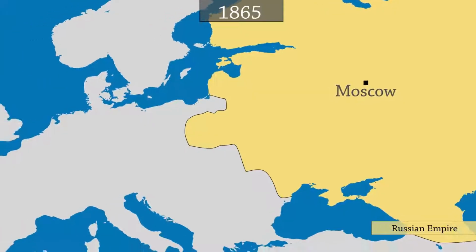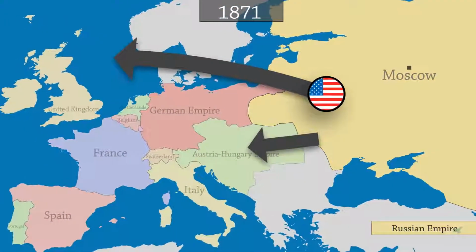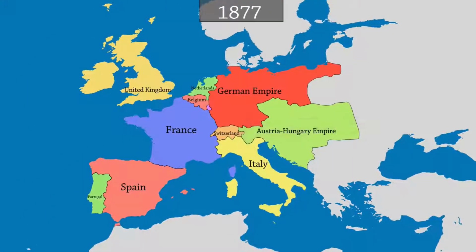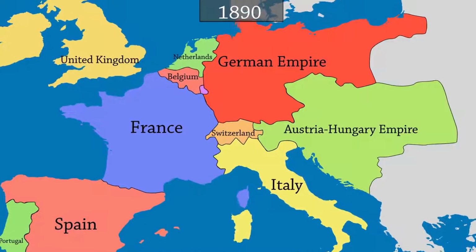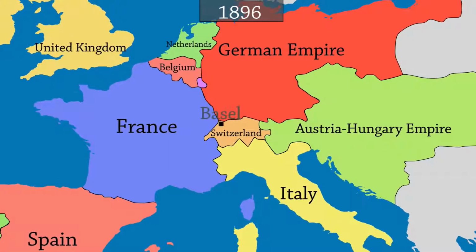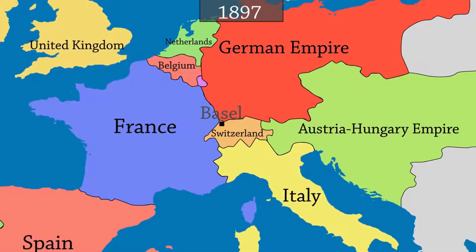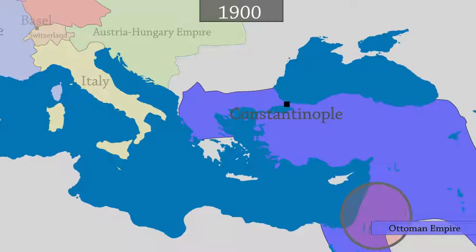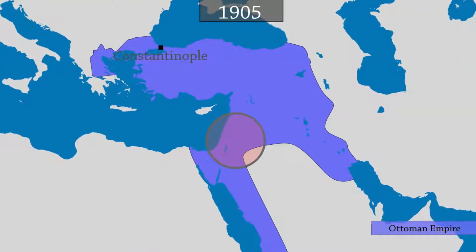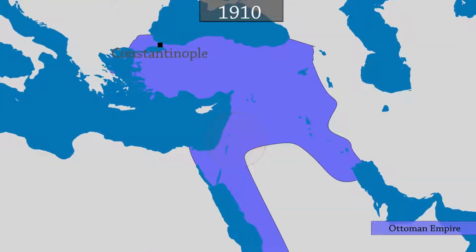The Jews then emigrate to the United States and Western Europe, which in the meantime has improved their living conditions. It is in this context that the first Zionist Congress is held in Basel in 1897, contemplating the founding of a new homeland for the Jewish people in Palestine. But the Ottoman Empire is fiercely opposed to the project.